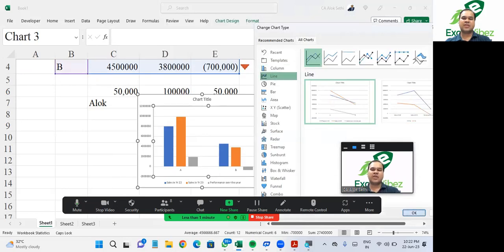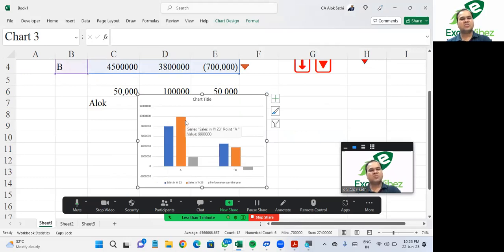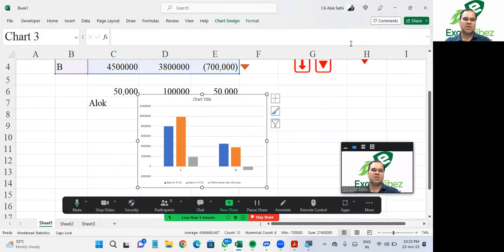Could we create something like this? Line chart. Will a line chart look good? No. Why? Because a line chart is to be used when there is continuous data. Wherever you have data in the form of a year, then only you can